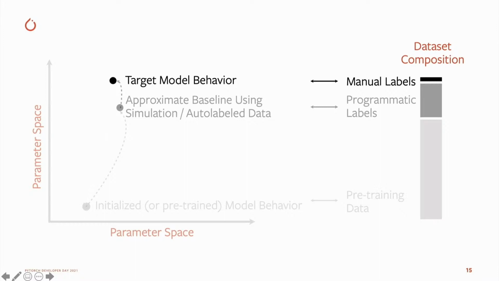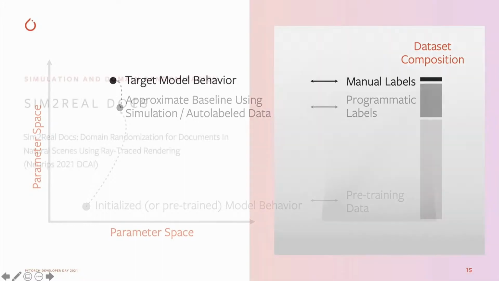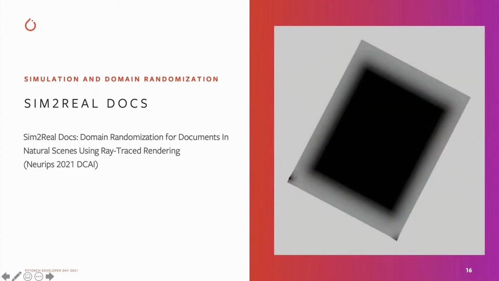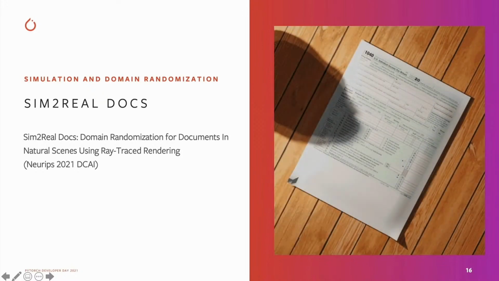And really, manual labeling is just that last 5-10% to go from the approximation that the baseline gets you to the details of the specific intent that you're trying to achieve with your machine learning model. So one example of this is this project Sim to Real Docs, which was accepted to this year's NeurIPS